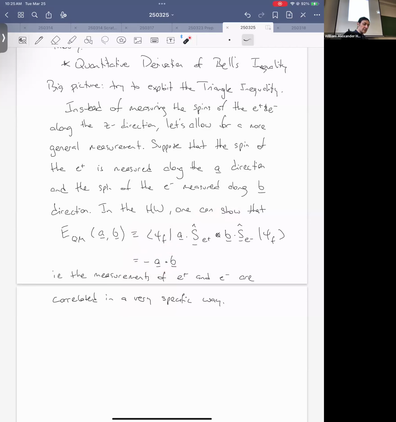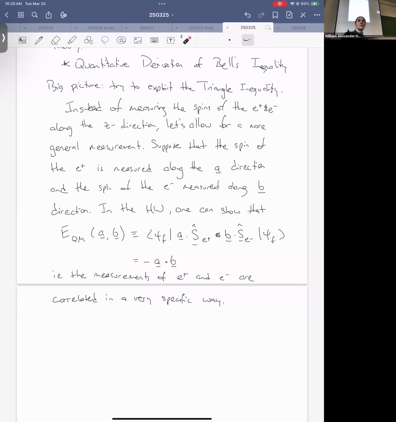It's saying that the number you get out from this mathematical expression is equal to this. Taking the people we had before, Doron measures the spin of the E plus on the A direction, and he's going to get plus or minus. Angelia measures E minus on the B direction, and gets a plus or minus. Those are multiplied. I'm going to do this many times and average that. Quantum mechanics predicts that the average is minus A vector dot B vector.